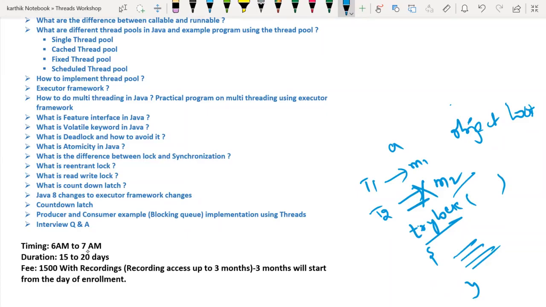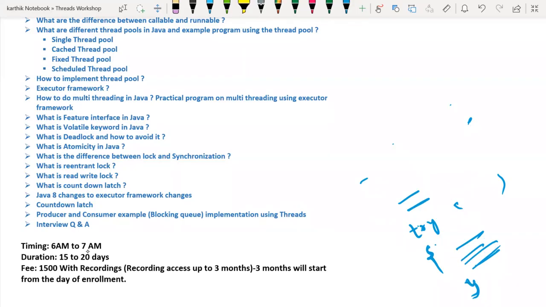But using the Lock interface with the tryLock method, if there is a lock, you can do some other work in the block. If there is no lock, it will go and acquire the lock. So you can do your utility work or something, right? This is very important. We are going to see this in the Lock interface, using reentrant lock, read write lock,